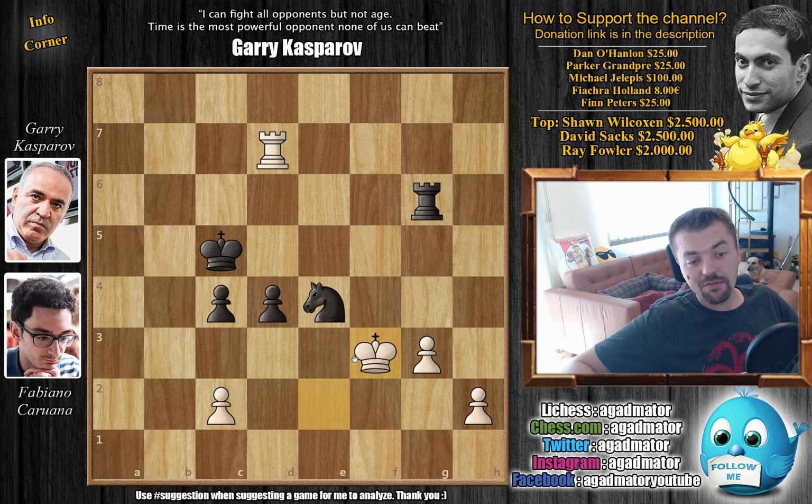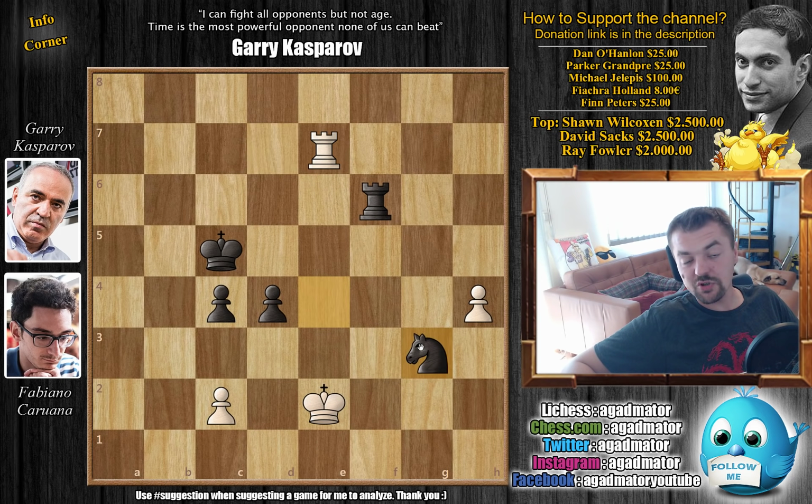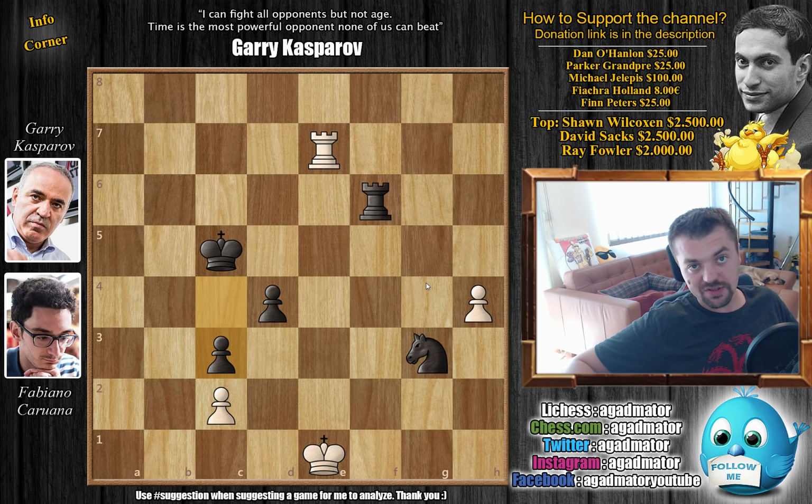So king to f3 by Caruana, and now knight back to d6. With h4, Caruana starts pushing his passed pawn. Rook f6 check, king e2, and now knight to e4, with rook to e7 attacking the knight, but now knight captures on g3 with check. King e1 with c3 now, and it was in this position that Caruana's time ran out, because there is nothing,